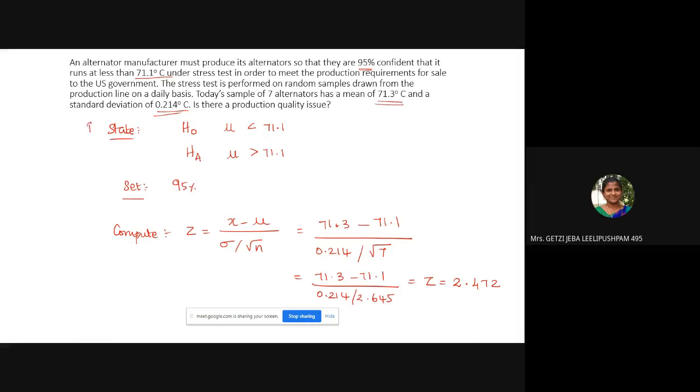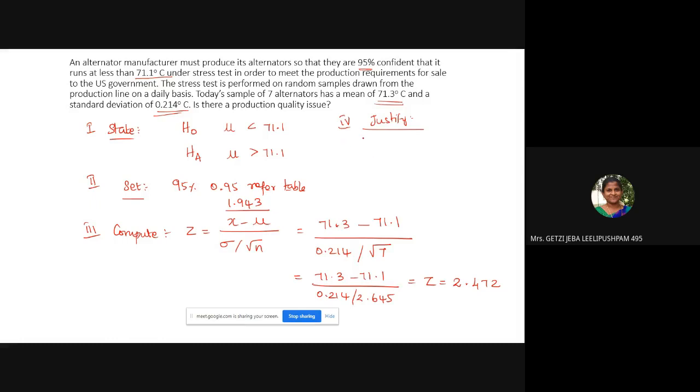Right. Now, the last step. This is the first step, this is the second step, and this is the third step. And the last step is you have to justify. How do you justify? For that, this 95% is converted into 0.95. What is the confidence value? You have to refer to the table. In data science, this value will be given for you. In our subject, this value will be given. So this value is given as 1.943 when referring to the table. Now, we will just take it.